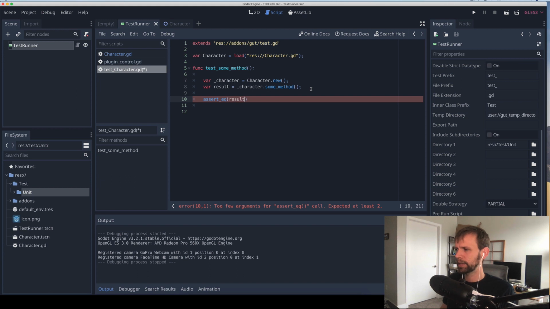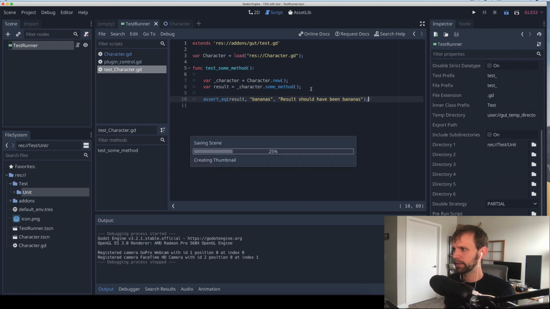And so we'll go ahead and pass in the result, which should be apples. And then just to see the test failing, I'm going to use bananas here. So we're going to assert equal that result is bananas. And then the final thing we give it is a message to show if the test fails. And so I'm going to say the result should have been bananas. And now if I hit Command R to just run the test,